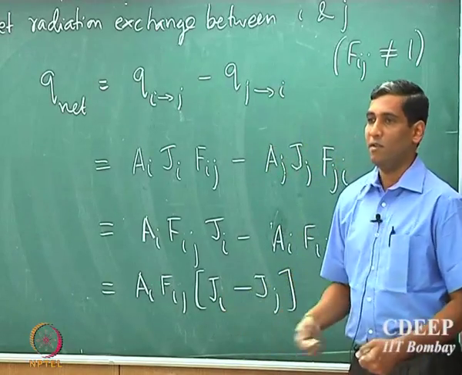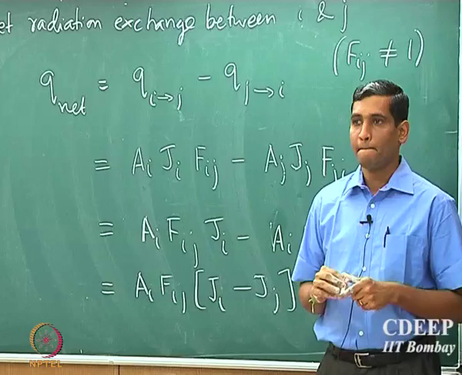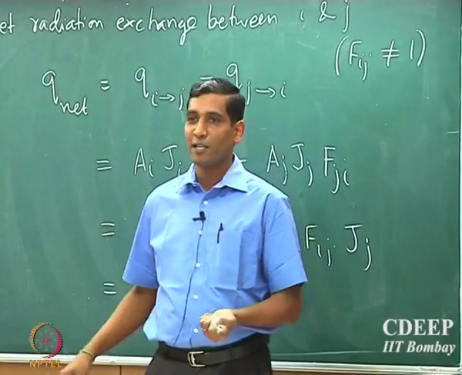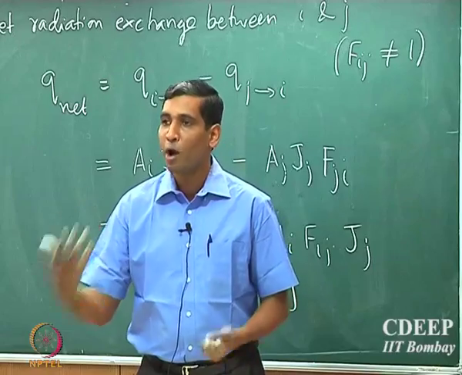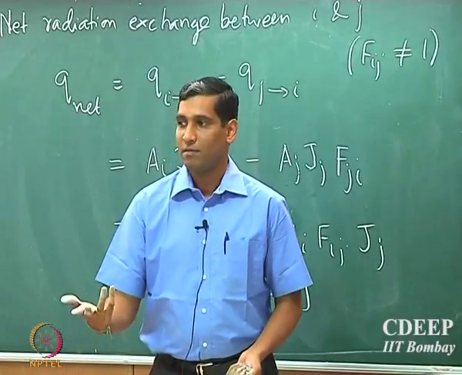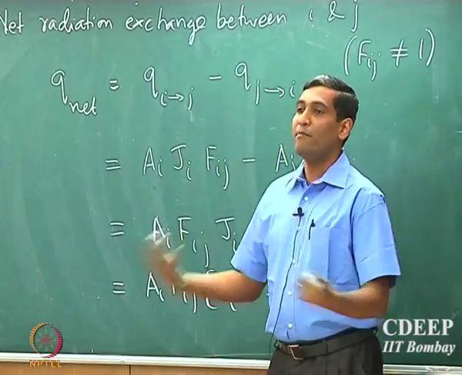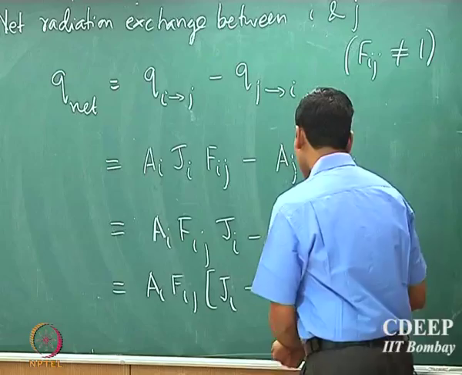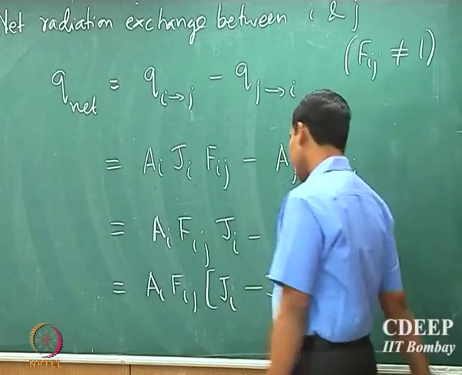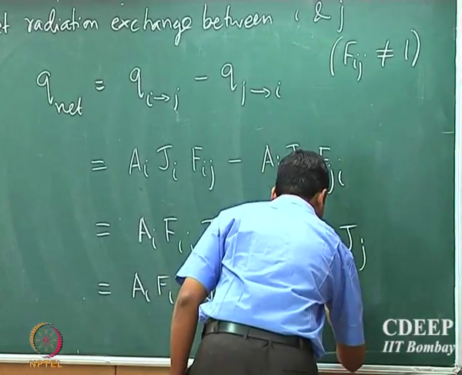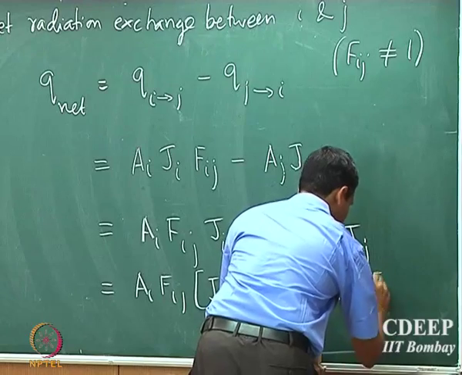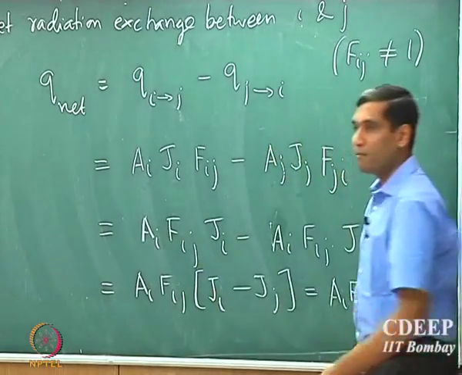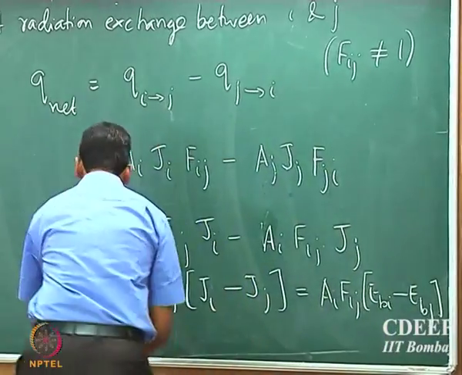What is Ji for Blackbody? So keep in mind that the properties of Blackbody are such that it's a diffuse emitter and it absorbs everything, which means reflection is 0, right? So Ji is just the emission from the Blackbody, and that's given by Stefan-Boltzmann law, right? So that's where the sigma T power 4 comes in. So that's equal to Ai Fij (Ebi minus Ebj). So that's the Blackbody radiation, and so that's equal to